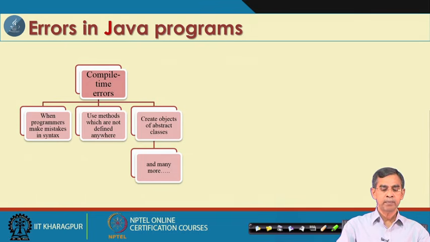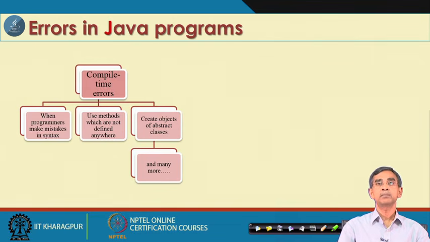So, this is the compile time error, and there are many situations for it, but I am not so much concerned about it, because if you write the program according to the right syntax of the Java programming language, then the compilation error is no more there. If you have made some programming mistake, the compiler will report an error and you can fix it and then successfully compile. Once a program compiles successfully, it is a compile error free program.